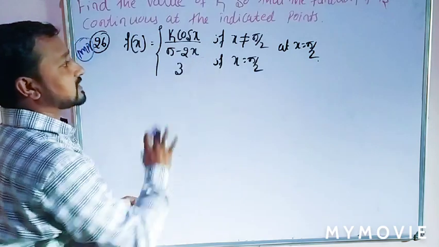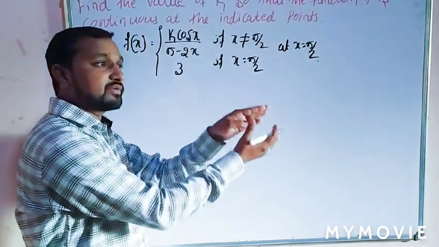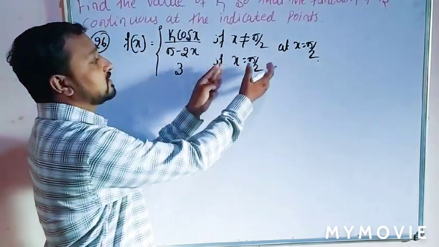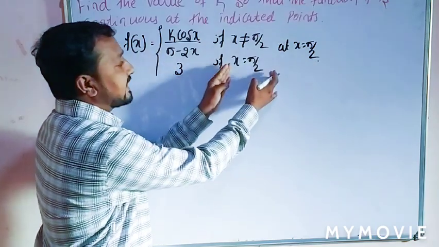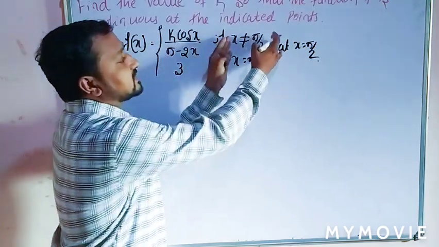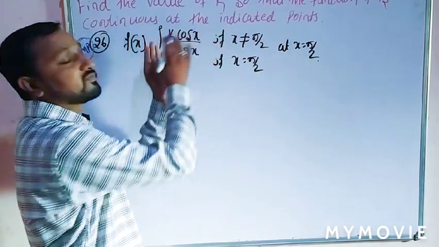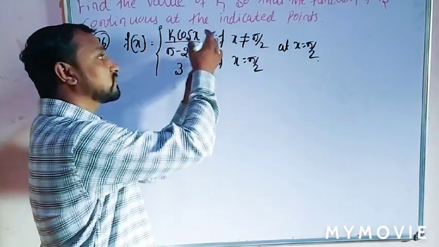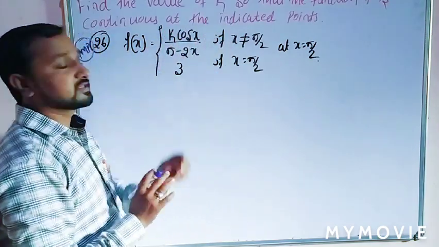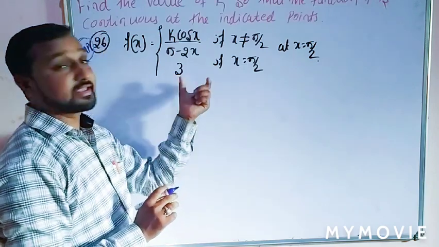Okay. So here in this example, we use the method of limit function equal to constant function, because the function is defined at x equal to a point, and for x not equal to that point, this is our limit function. So this is limit function equal to constant function. Okay. So solve this example. Very important, students. Read carefully.